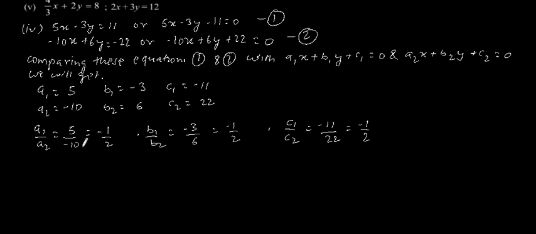So here we can observe that a1 by a2 is equal to b1 by b2 is equal to c1 by c2. So since a1 by a2 is equal to b1 by b2 is equal to c1 by c2,